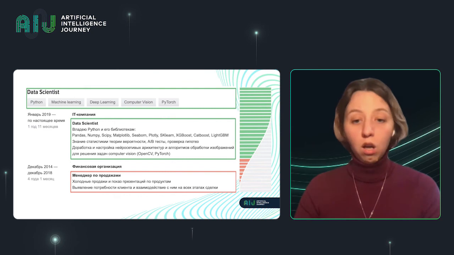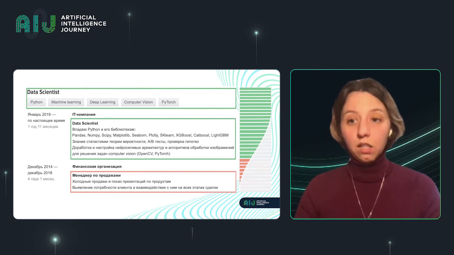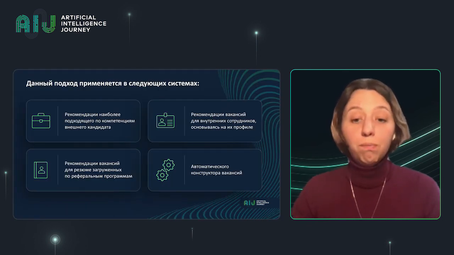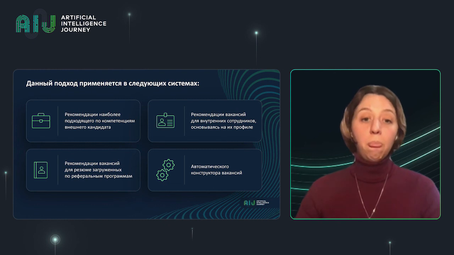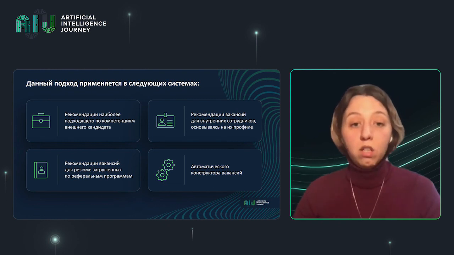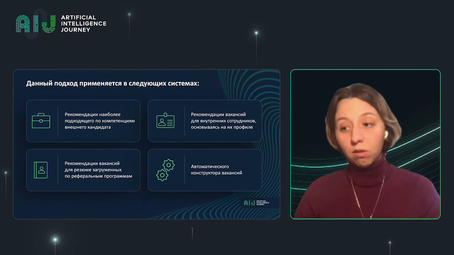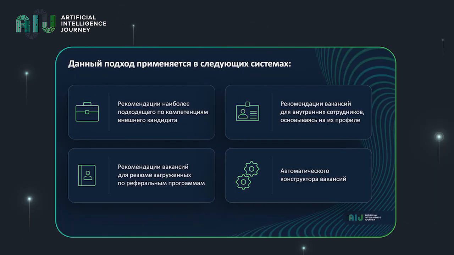We also account for switching from one field or specialization to another. Switching specialization is simpler than fields. Such an approach is applied to recommending the competencies of external recommended